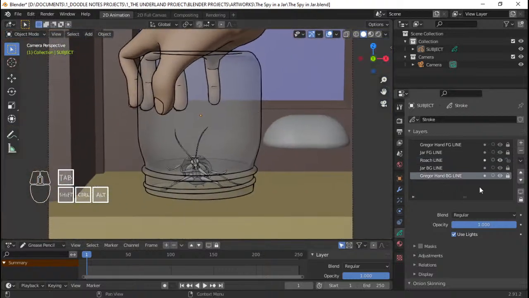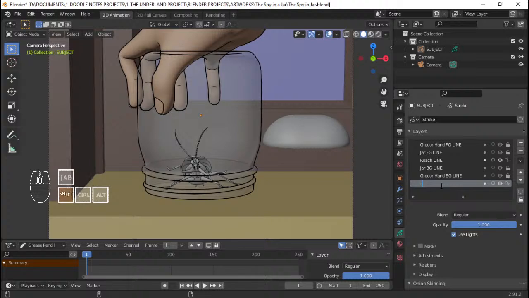I'm going to add a new layer below. Actually, in these layers, we're going to start at the lowest layer here. So we're going to add a new layer down here, below the Gregor hand BG line.